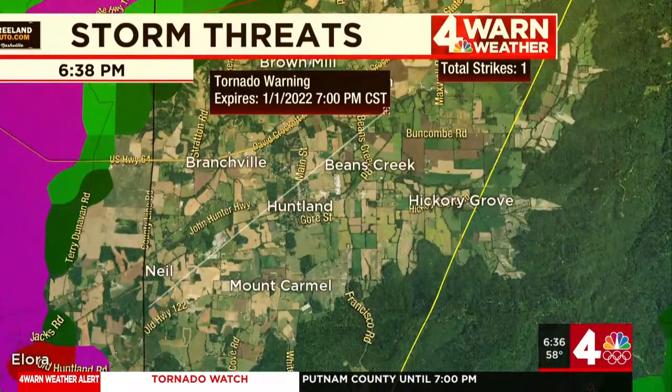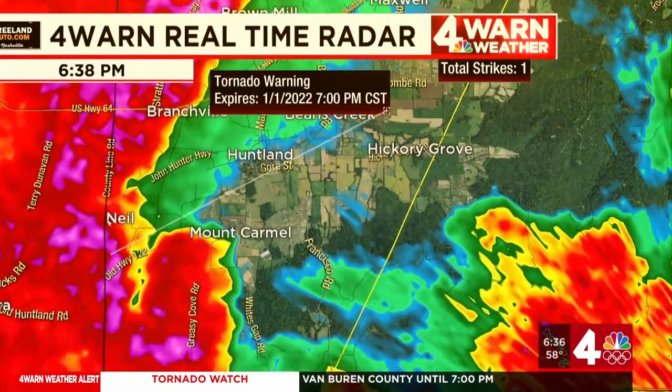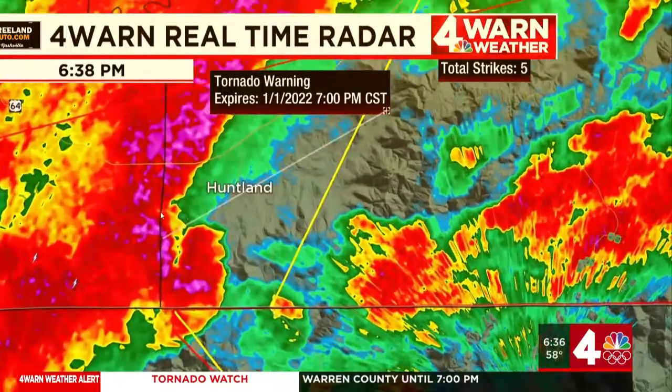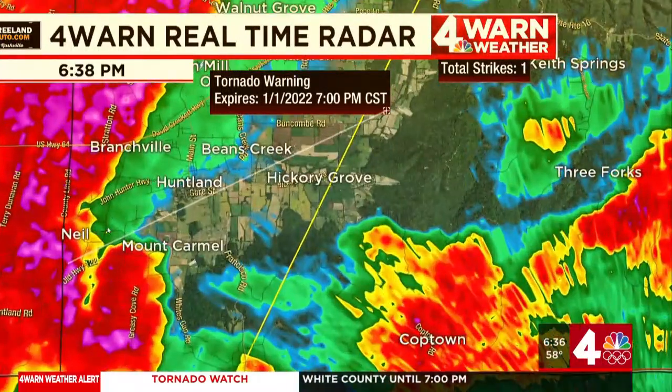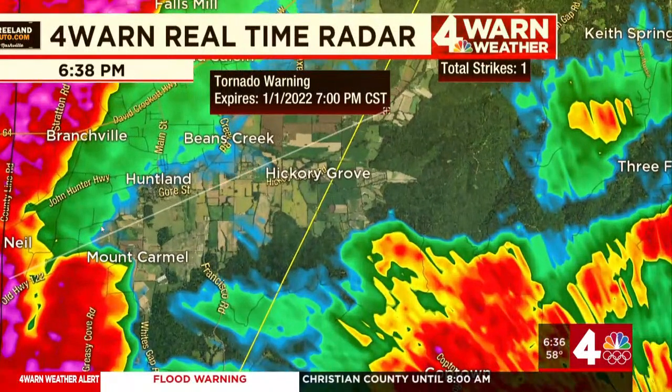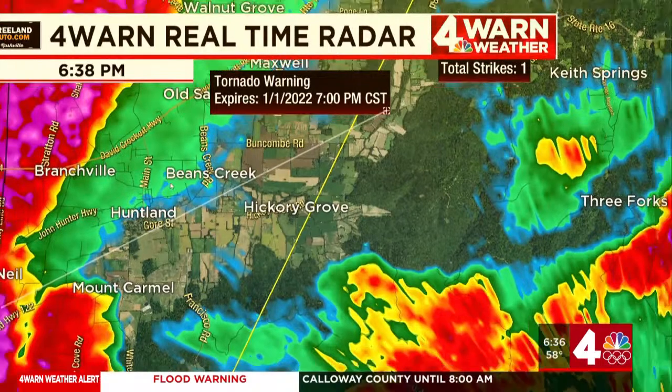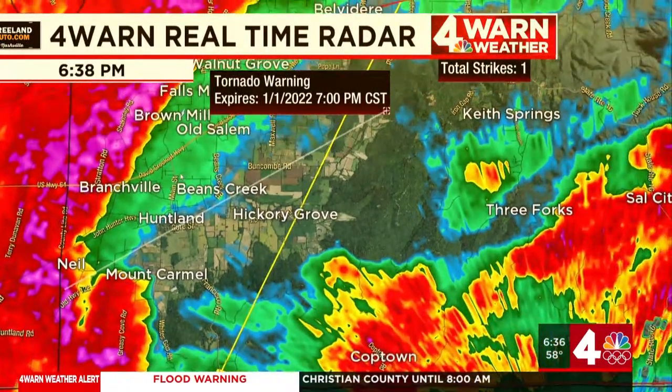So if you are in the path of this storm, we're talking areas near Old Highway 122. You can see that things are just starting to update now with our radar. So let me get it back out. Huntland right on our doorstep right now. Mount Carmel as well. Hickory Grove, Beans Creek, Francisco Road, Whites Gap Road, Gore Street, Main Street, Creek Road, Davidson, Cookout Highway. All these areas, if you can hear us saying your name, your town, your street, get into your